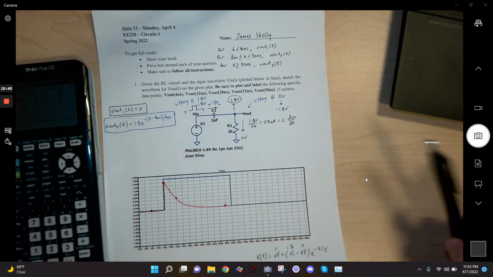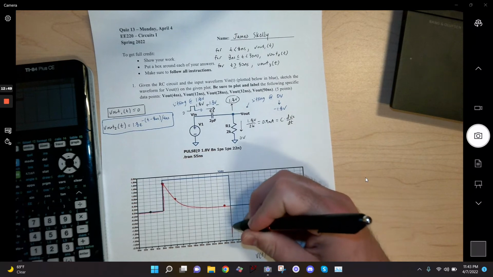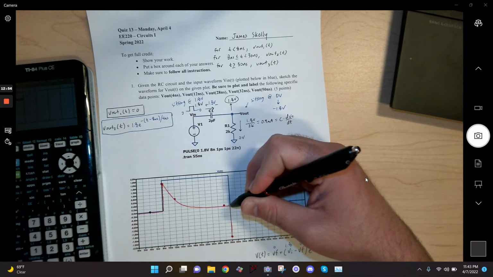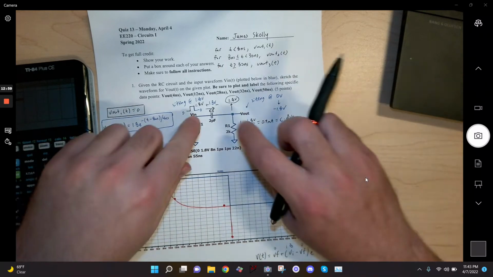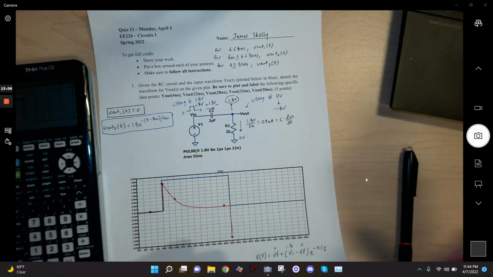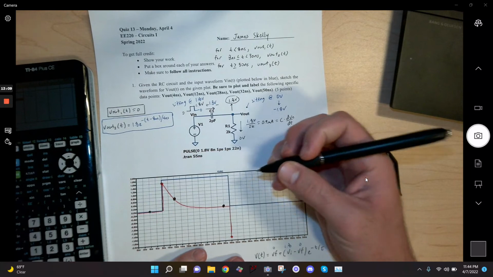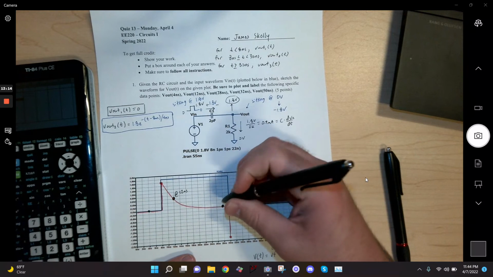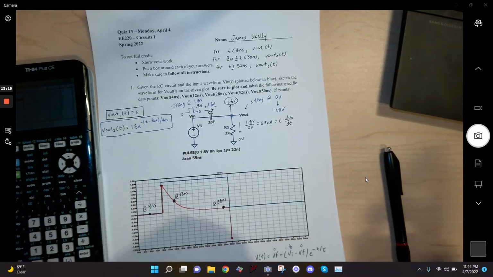Okay, so that's why this behavior happens, where the output signal drops down to negative 1.8 volts. When my input drops, my output has to drop with it. Okay, and that's because the capacitor cannot change voltage instantaneously. Okay, oh, I meant to draw these points in black because those are the required ones. Okay, so this is basically at 12 nanoseconds, at 28, at 4,